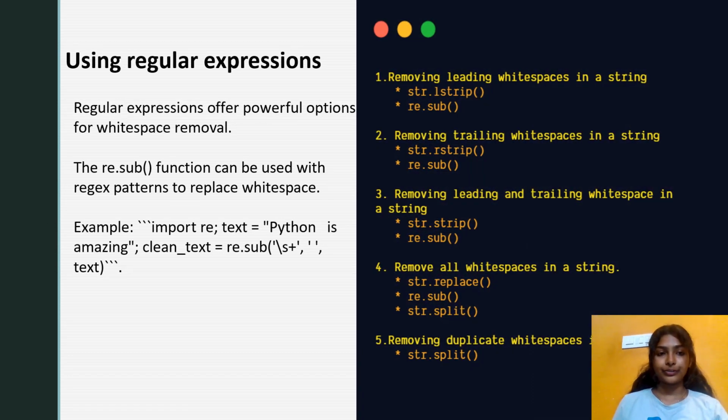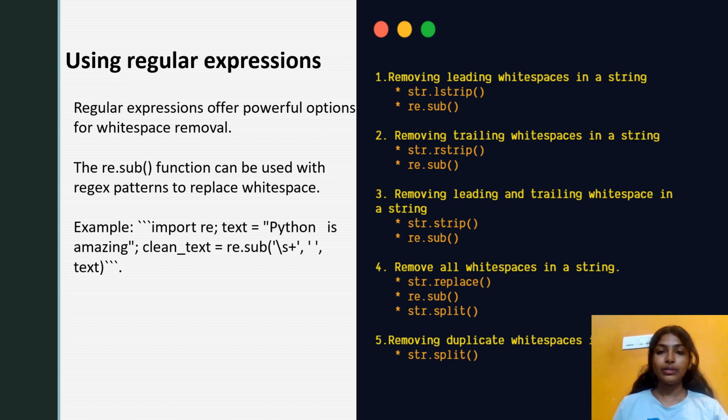Using regular expressions. Regular expressions offer powerful options for whitespace removal. The re.sub function can be used with regex patterns to replace whitespace. For example, import re, text is equal to "Python is amazing" can be cleaned using clean_text is equal